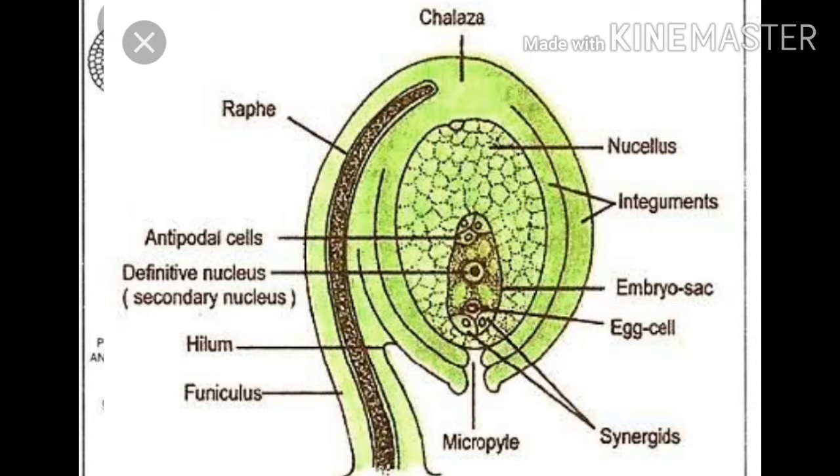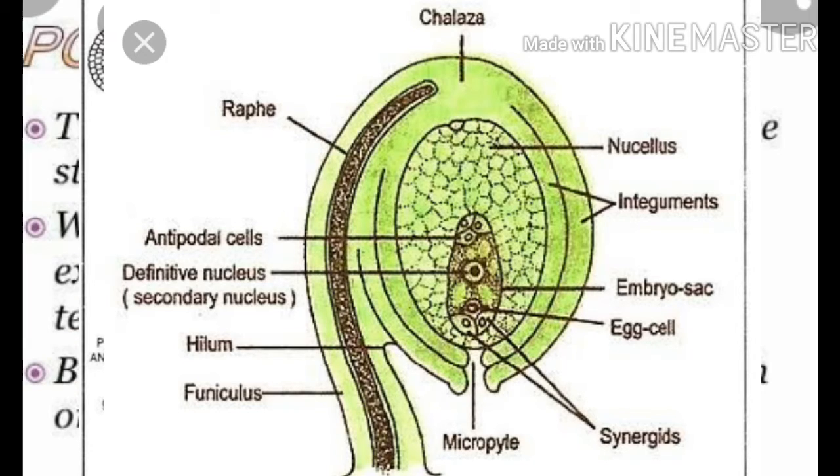called micropyle. The base of the ovule from where integument arises is called chalaza. The point of attachment of the body of ovule to its stalk is called hilum. Sometimes the funicle is continuous beyond the hilum along the body of ovule in an anatropous ovule, forming a ridge called raphe.